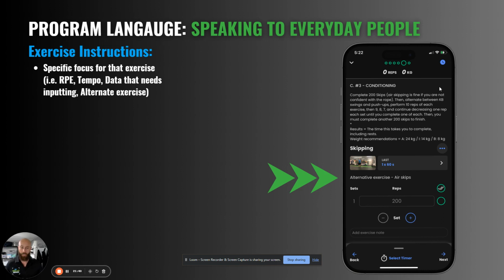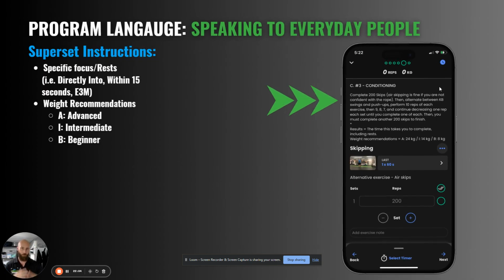So, okay, air skips, which is just jumping up and down, holding an invisible skipping rope as if you were skipping. That's what we chose as the alternative that day. But there could be things in there like RPE, tempo, data that needs inputting, alternate exercises. Now, some of you might be looking at those words going, I don't know what that is. Stay tuned. That's what we will go into now.